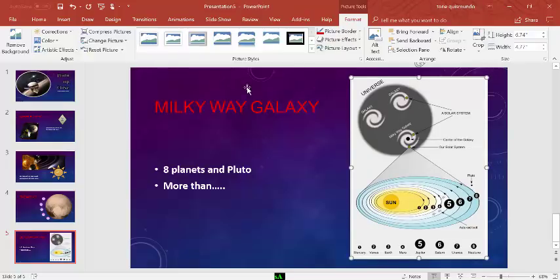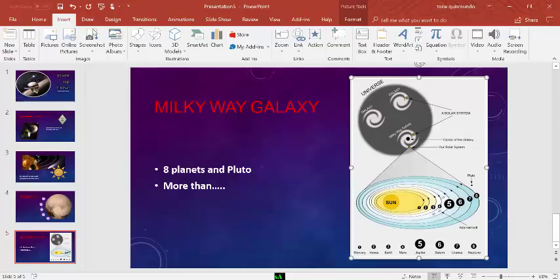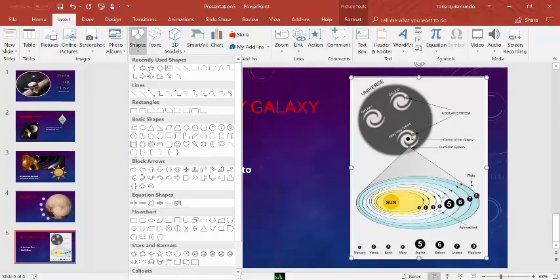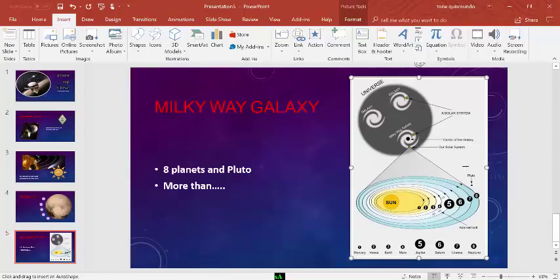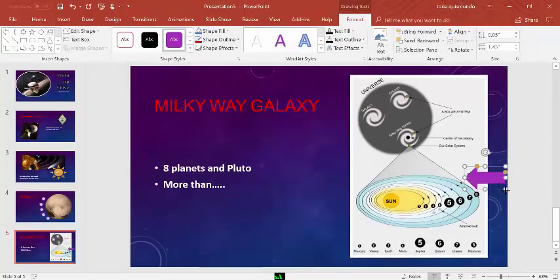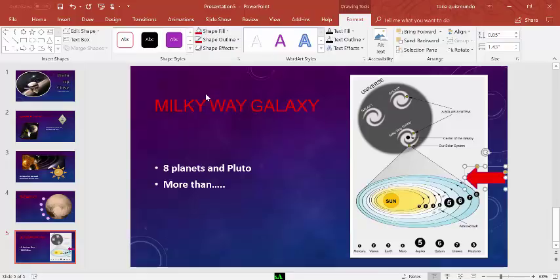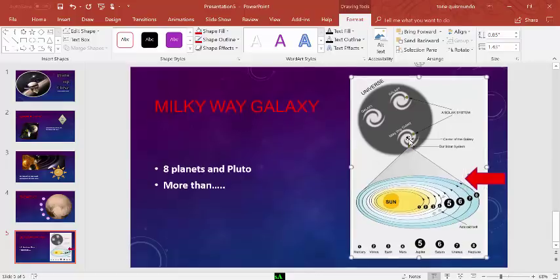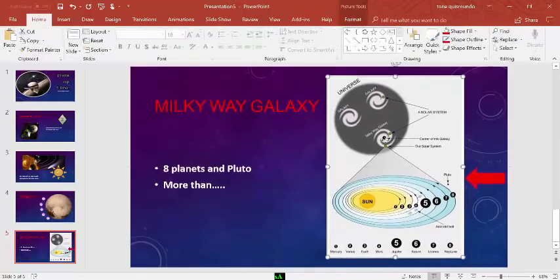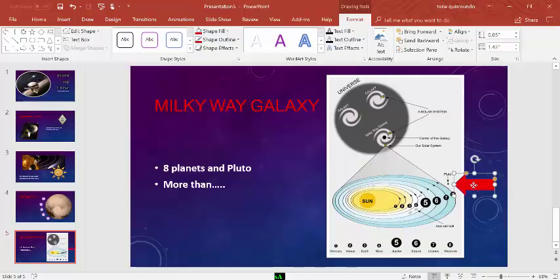Insert a left arrow shape is the next thing it's going to ask you to do. Insert the shape of a left arrow, and you're going to put that over here, and it's going to ask you to change the shape fill to red. Shape fill to red, and size the shape about to what it shows in the image. I'm going to move this picture over some because this is actually going to say Pluto and it's going to be pointing to Pluto. Click on it and type in there Pluto